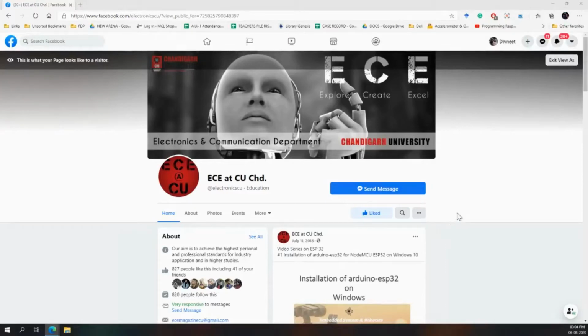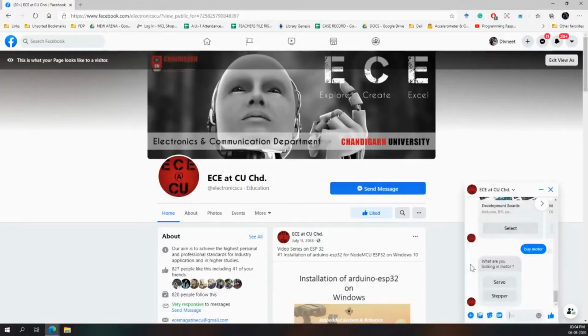So this is a page that I've created on my Facebook login, and the chatbot that we'll be creating today will be linked to the Facebook page only, because of limited functionality on a free basis. This particular chatbot focuses on Facebook-related information only. So when I click on send message, a Facebook Messenger chatbot will open up.